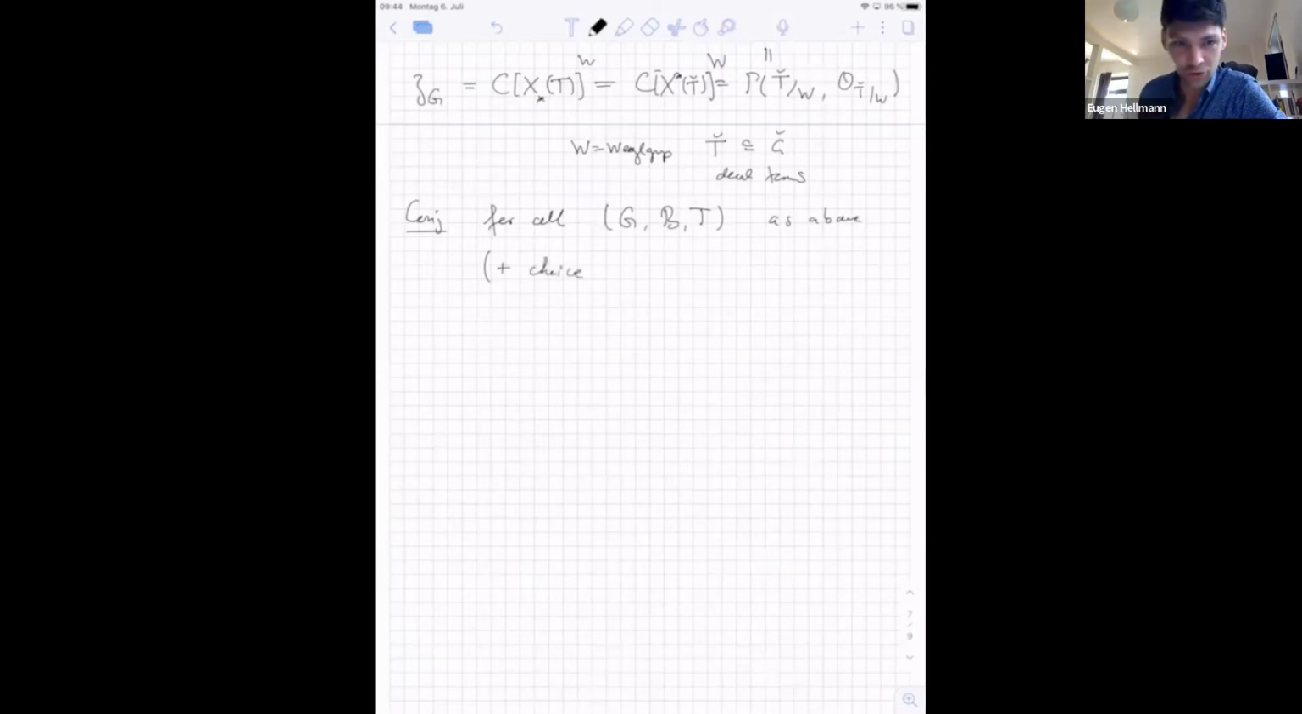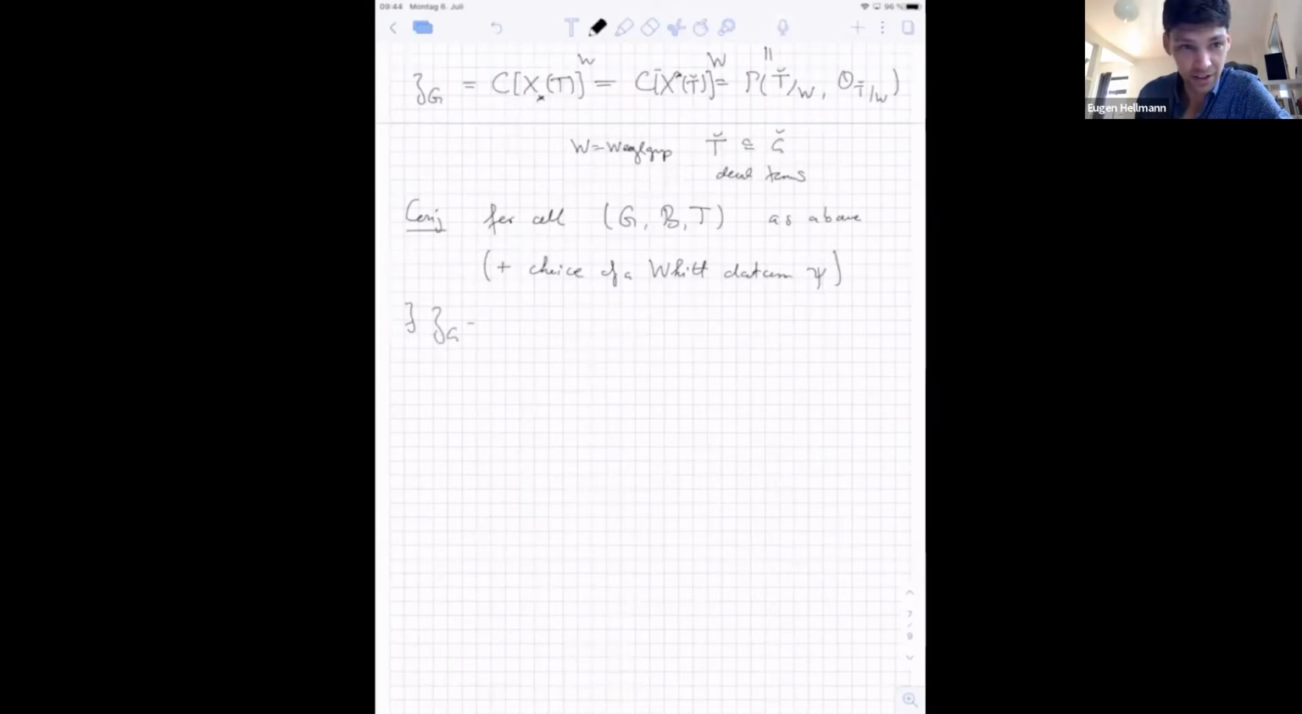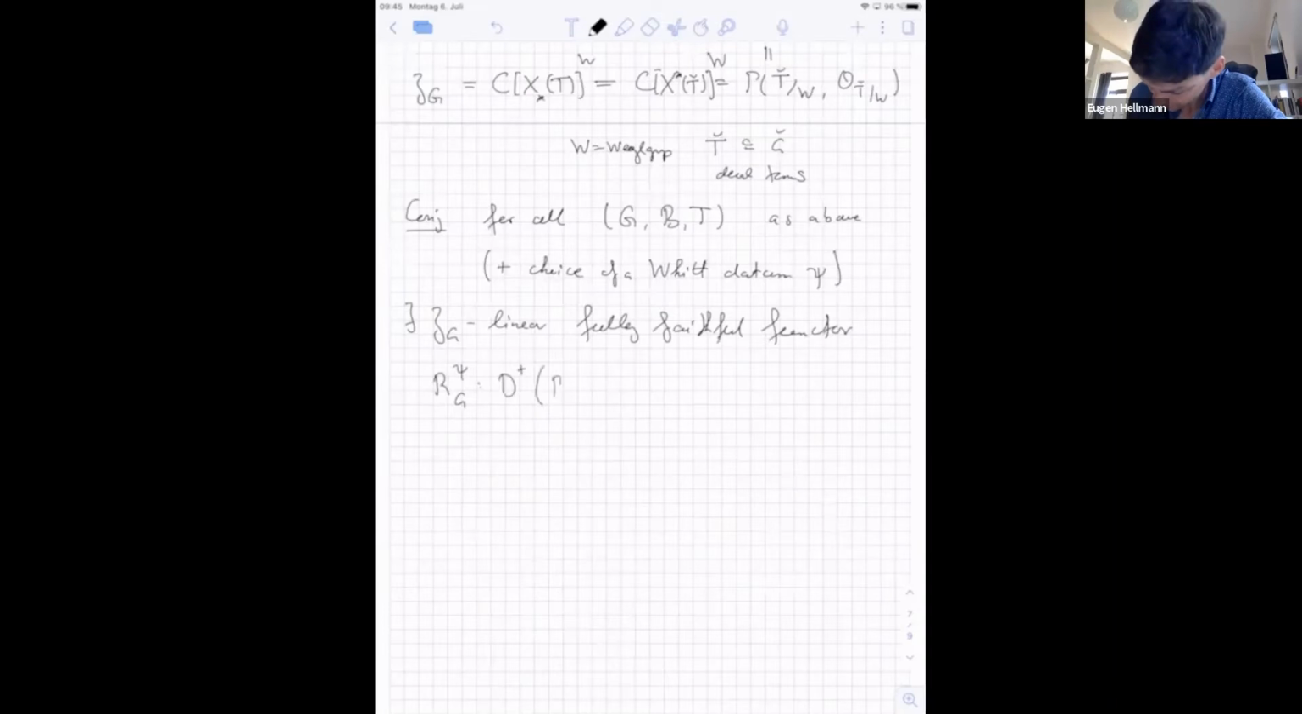Together with this extra choice of a Whittaker datum, which I want to call psi, there was supposed to exist ZG, so a linear fully faithful functor, which I want to call RG, which in fact should depend on psi, from the derived category of Hecke modules, respectively, from these representations to this category or derived category of equivariant quasi-coherent sheaves,